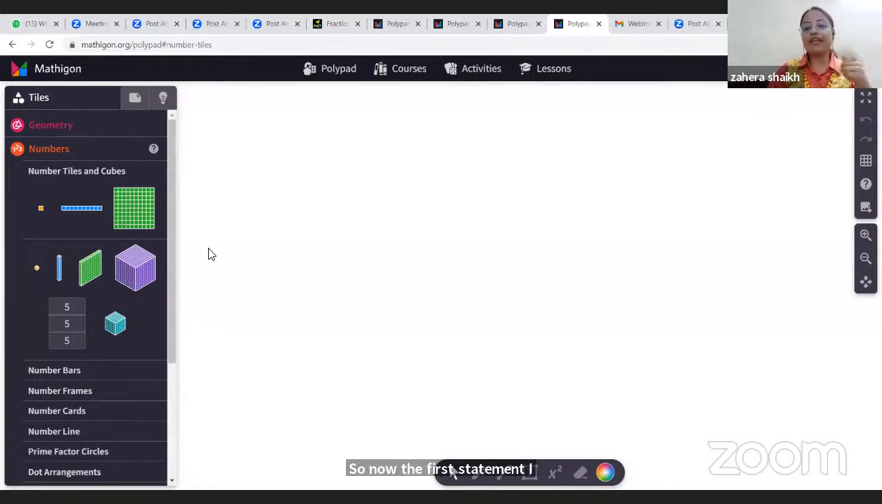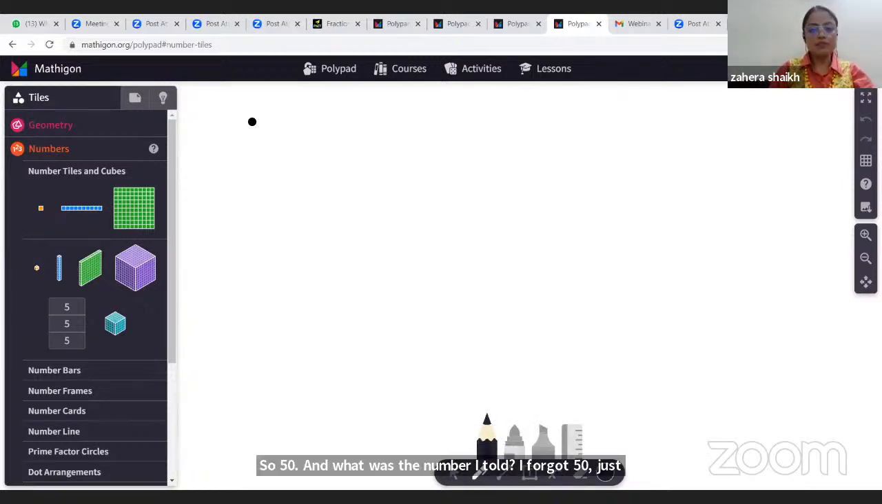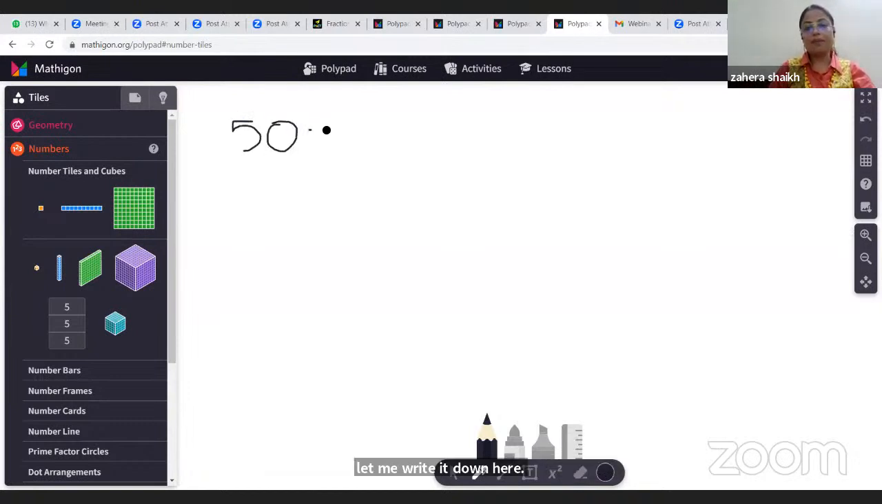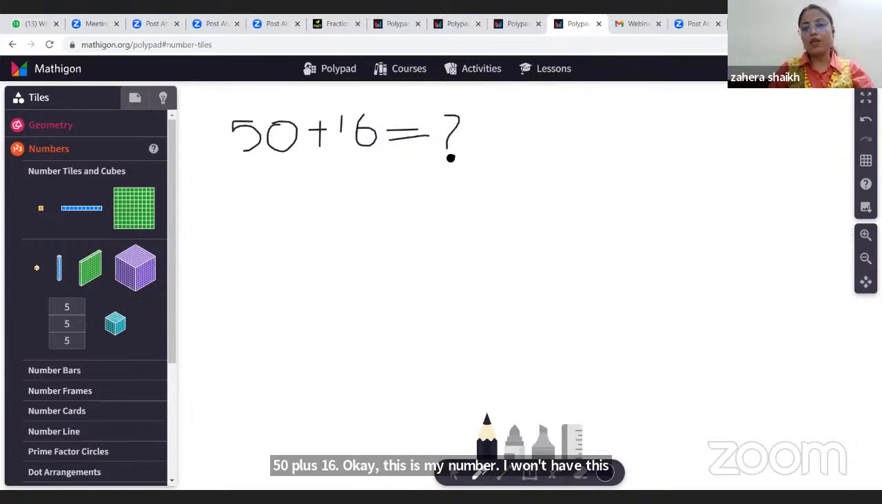Okay. So 50 and what was the number I told? I forgot. Let me write it down here. 50 plus 16. Okay, this is my number. I want to have the total out of it. What is the total of these numbers? So I'm doing maths, right? I'm doing maths using manipulatives. So I know 50. I'll just drag